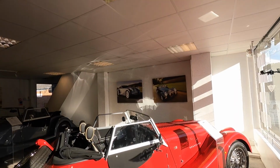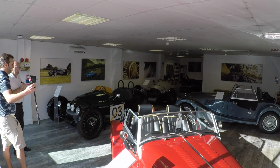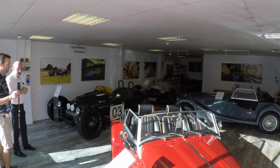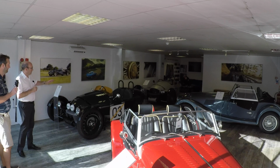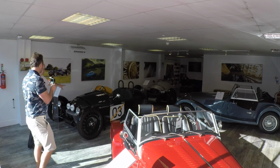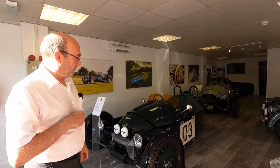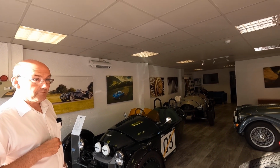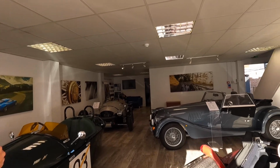Lovely. So this is Showroom 1. We're Morgan main dealers, so we tend to have our new car stock in here, all very, very late used. So we've got Morgan Roadster, 3,000 miles, one of the last ones registered, which is a 2021. 2 Super Threes. Yeah, the new green one being 3-cylinder. Yep, so that's got the 1.5 Ford EcoBoost engine in it, but it's a non-turbo version. And then it's the latest generation